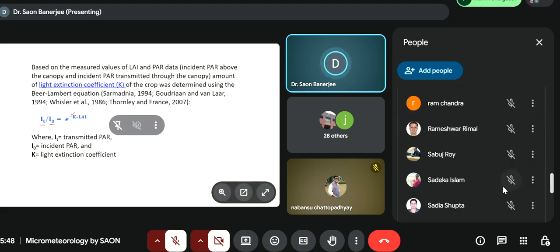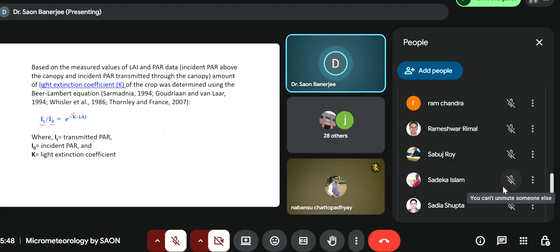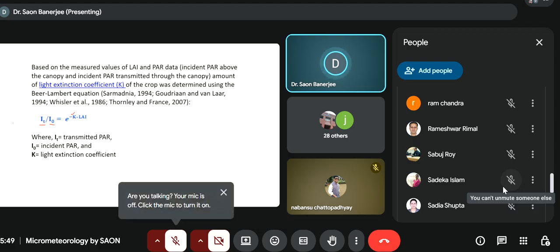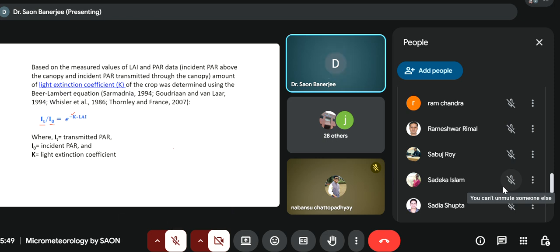Now this portion is very important, especially for those who are working in crop sciences, agronomy, plant physiology; they are well acquainted also. But in case of PAR, how can we measure this? For example, here we keep the instruments, and here we can keep the instruments. Whatever PAR we get above the crop surface,